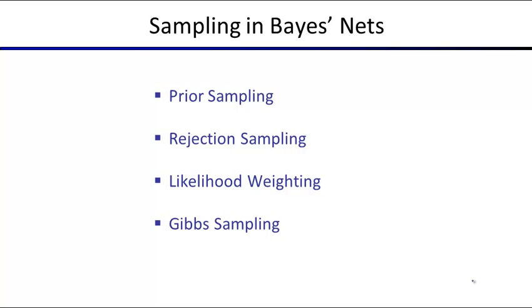You'll get accurate answers to your queries. You don't know how much time you're going to need to compute the answer. It has a lot of nice properties. First round, we saw prior sampling. Prior sampling just samples the whole base net. There's two things not that great about that procedure. That means we're going to sample